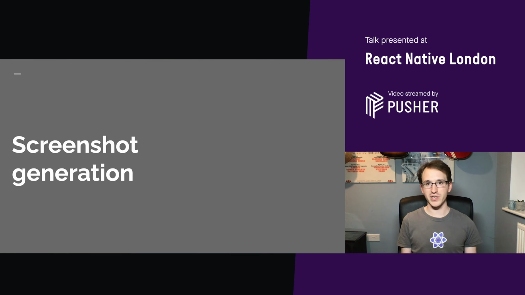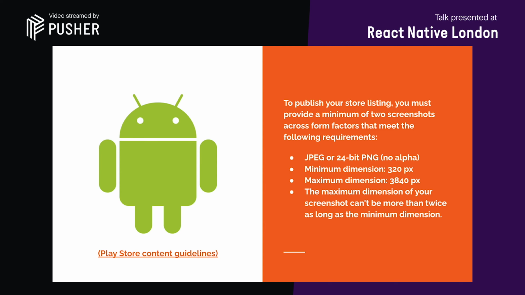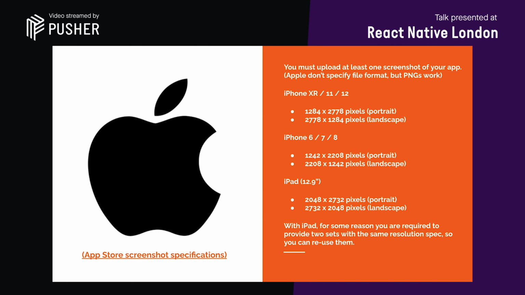Screenshots can make or break you on the App Store. So if we're going to generate them in an automated way, how can we do it without compromising on quality? If we look at the Play Store guidelines first, we see there are a couple of hoops we know we're going to need to jump through. We need a minimum of 2 images, no more than 2:1 aspect ratio, with some relaxed resolutions actually. However, Apple,